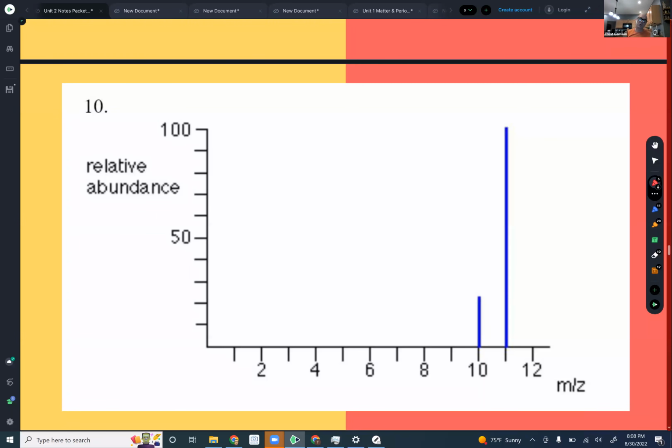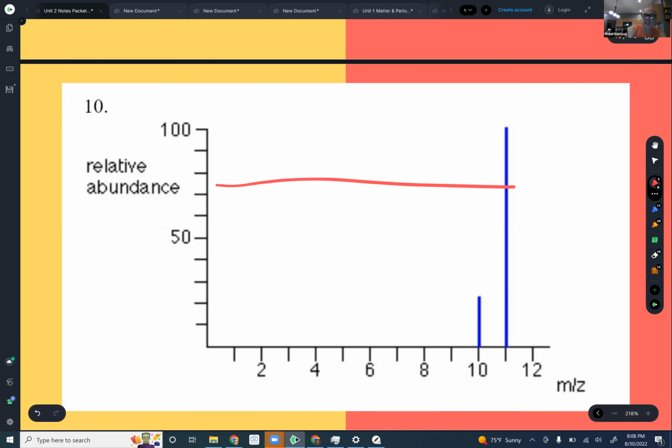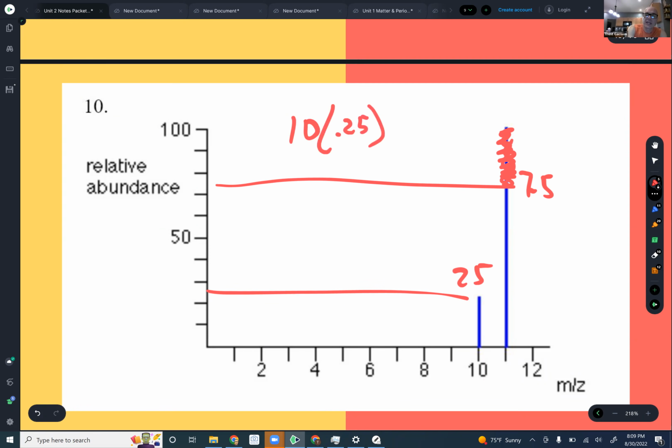So here is the first one that we saw in the example. With this, it's got just 2 isotopes, so this one's a much easier one to figure out. However, because this one looks like it should be somewhere around 75, let's say that that one's at 75. Let's ignore all this up here. And this one down here is roughly 25. So we've got 10 times 0.25,